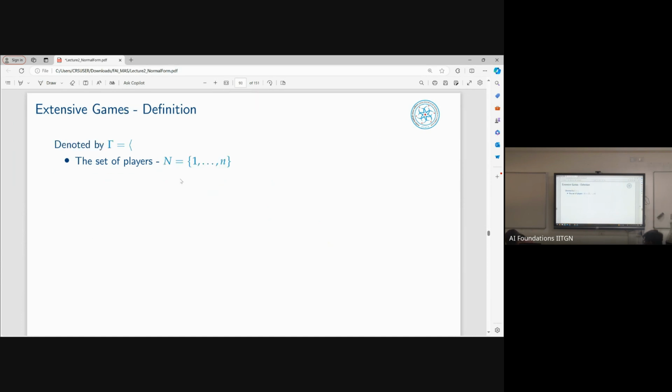So the set of players here is denoted by this. The action available to each player I is denoted by AI. So for example, in the entry form game, the action for B was to opt in or out, and the actions for A was to fight or accommodate. Z is there to denote the leaf nodes or the terminal histories, which essentially gives the utilities for each of the players that are involved.